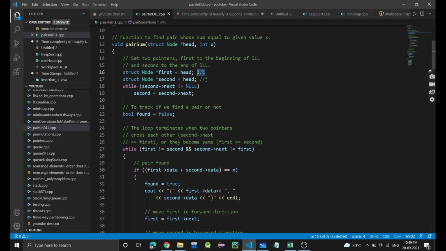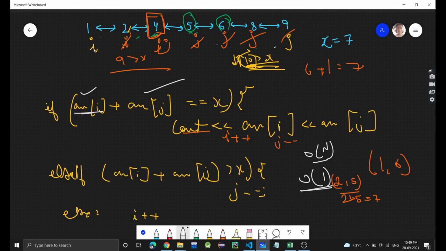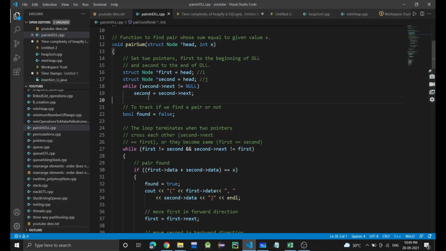You can take this as the i pointer and this as the j pointer. But currently i is here, j is also here, but j should be at the end initially. So this j pointer should move to the end of the linked list. For that, we first need this while loop, second's next not null, so that the j pointer moves to the end of the linked list.